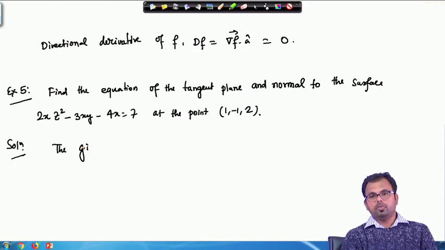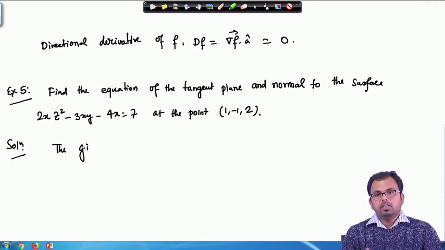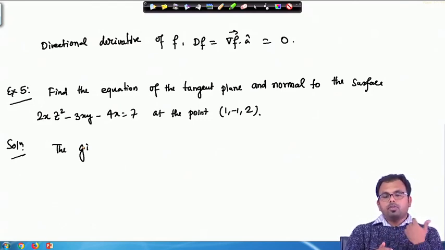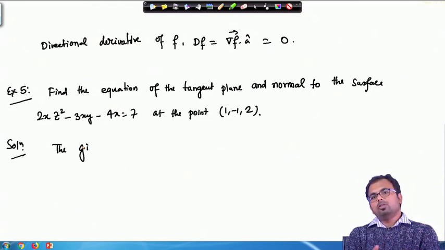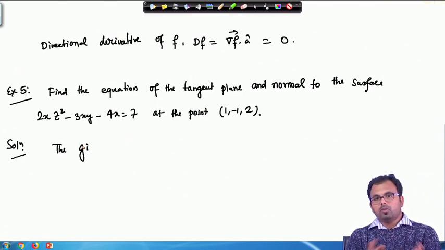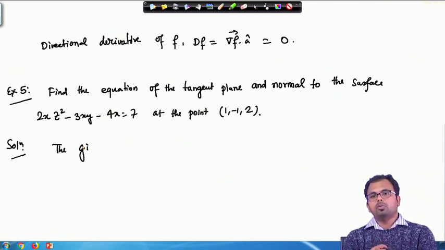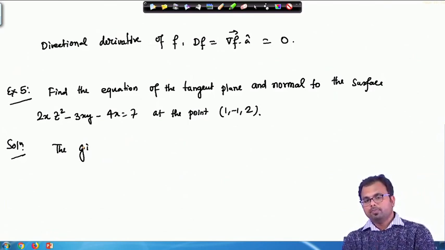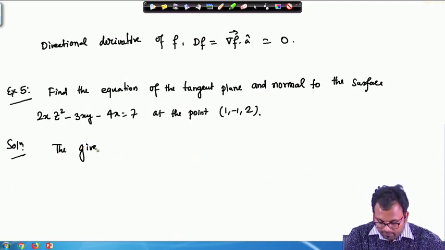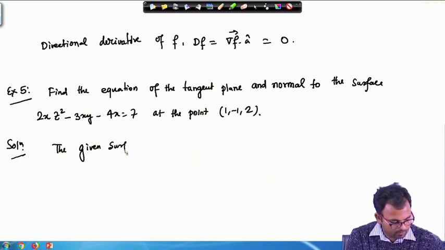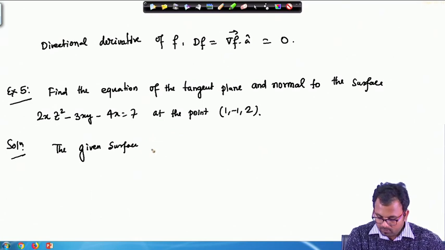this surface. So, now we are doing both types of examples. The examples motivated from directional derivative and examples motivated from level surfaces. So, I am trying to solve examples on both of these two topics one by one. So, the given surface is